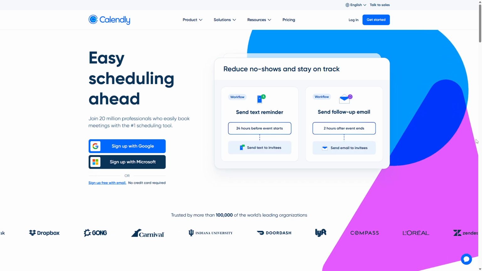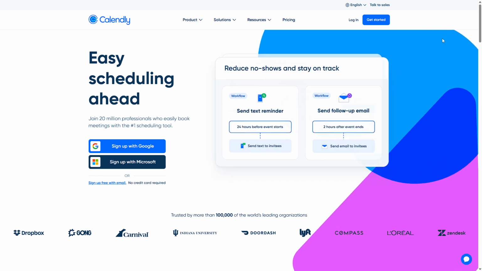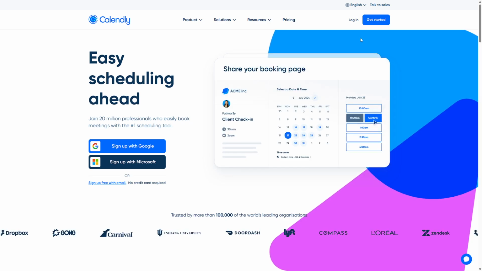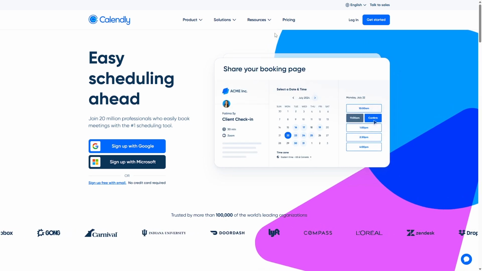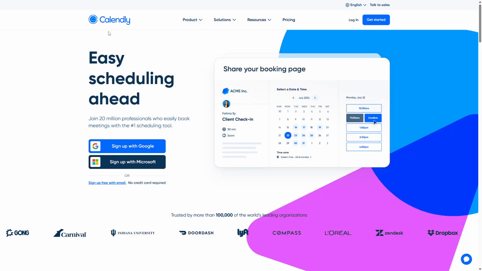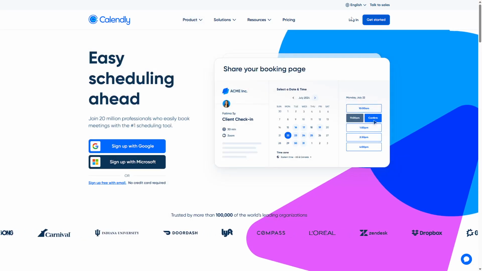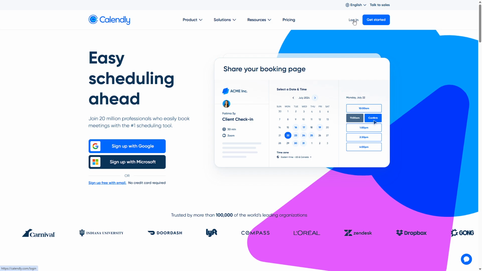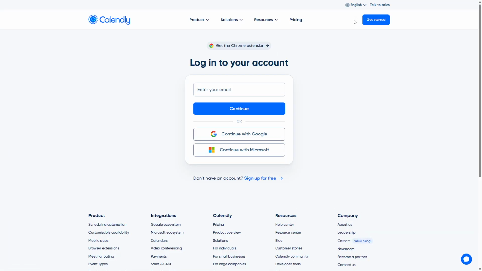First things first, you'll want to head over to the Calendly website. It's a free online appointment scheduling software that simplifies the way you manage your calendar. Once you're there, the next step is to log into your account. It's pretty straightforward. Just click on the login button that you'll find somewhere around the top right corner of the